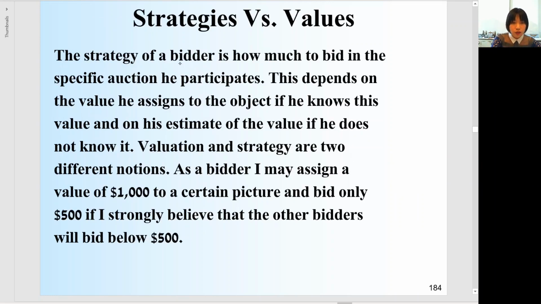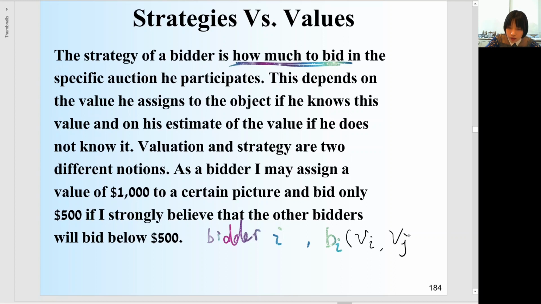The strategy of a bidder is how much to bid in a specific auction he participates in. So let's say for bidder i, his strategy is the bid. Let's call it b_i. And b_i should be a function of his own valuations and others' valuations.